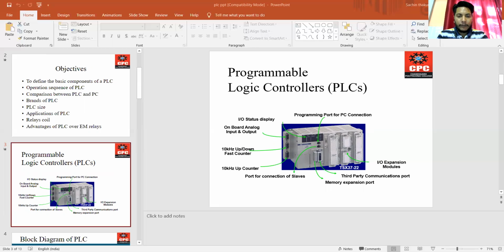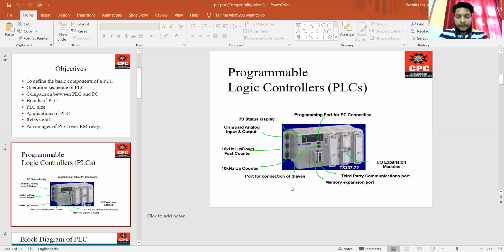Automation is nothing but the art of self-operation which does not need any human activity. Work without human activity is known as automation. Nowadays, the PLC is used in many industries and many machines.